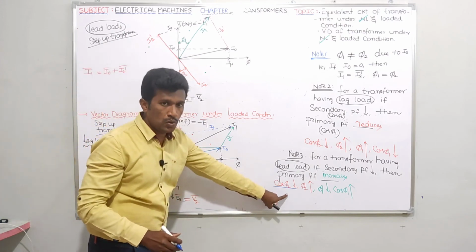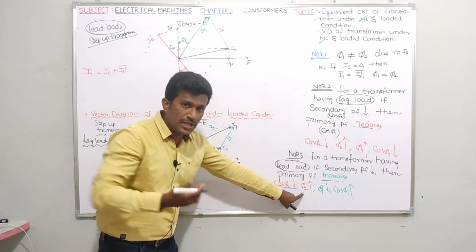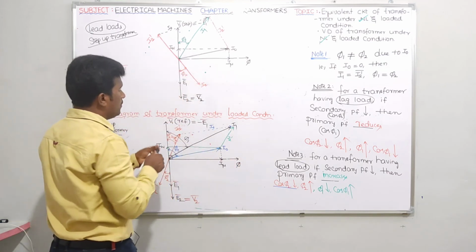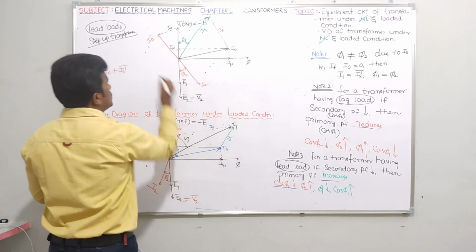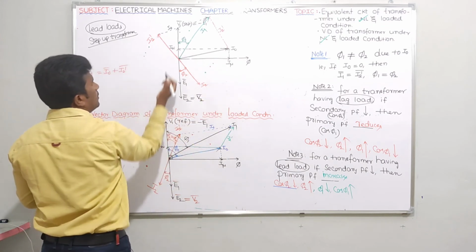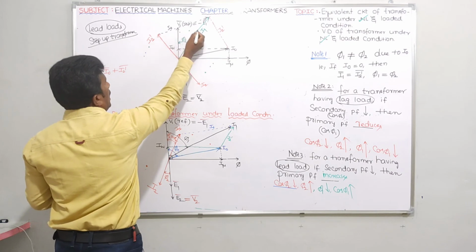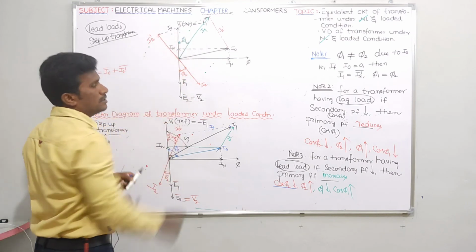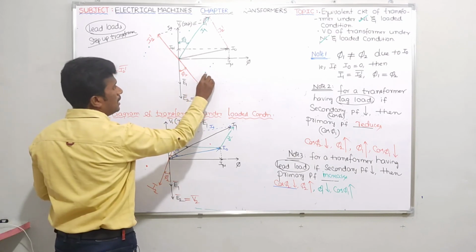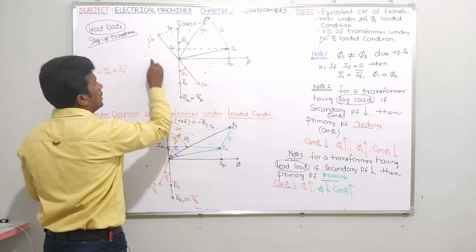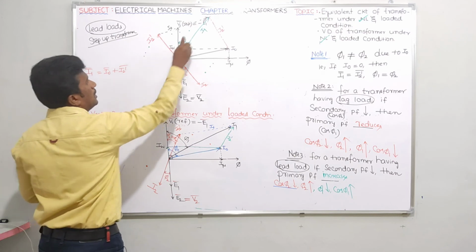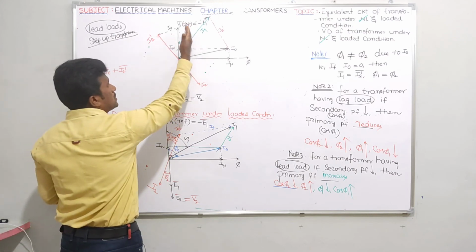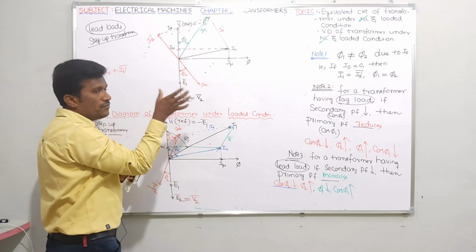After I1 is in phase with V1, if you are still reducing cos pi 2, that means you are still increasing pi 2, then I2 will come somewhere this side, I2 dash will come somewhere this side, and this I1 vector will come somewhat this side. That means it crossed V1. See, initially green color, blue color, black color, and so on; that means I1 is coming towards V1 up to some variation.